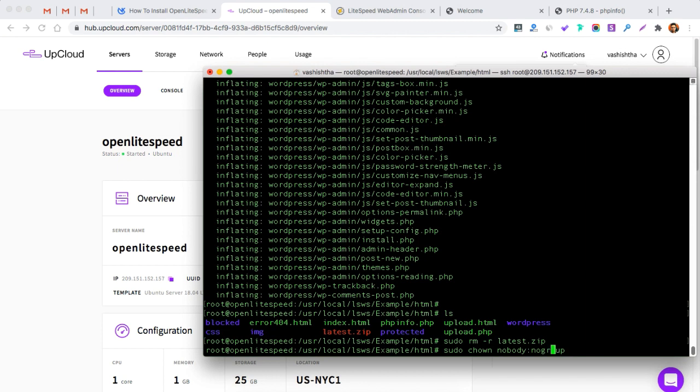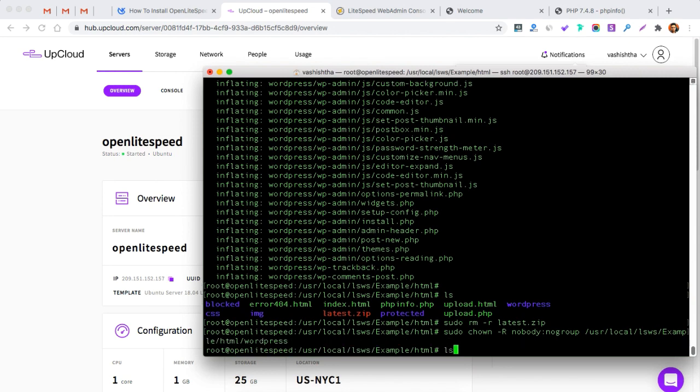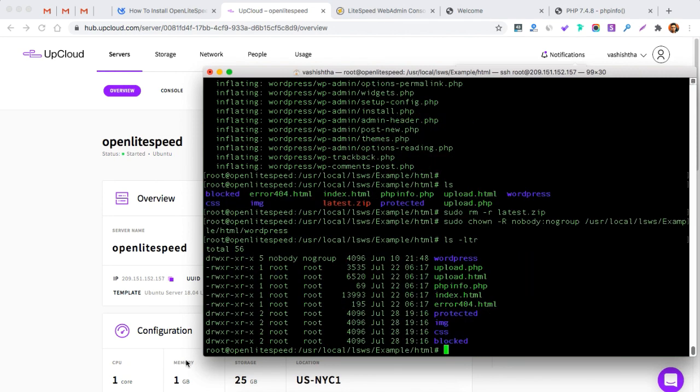So just type sudo chown (change ownership) -R nobody:nogroup, and then the path of this directory. Great. So as you can see now, this shows that nobody user owns this and the directory is owned by no group.